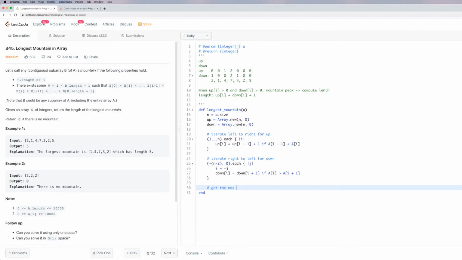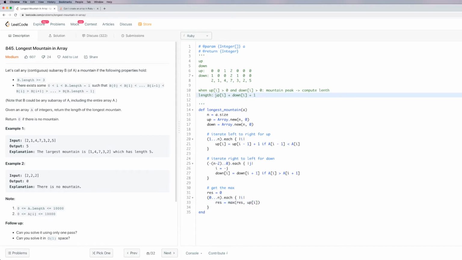So for that, I'll just iterate through. So I need to do from 0 all the way to n for each. So I'll get I here, and I'll need to go and compare up, basically check if, so I need to have the result here to get the max. So I'll say result starts out as 0, and then I would need to max of res. So res will be assigned to this, and up of I,